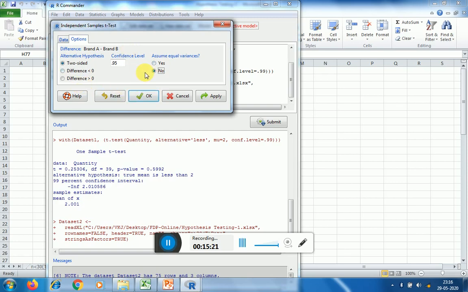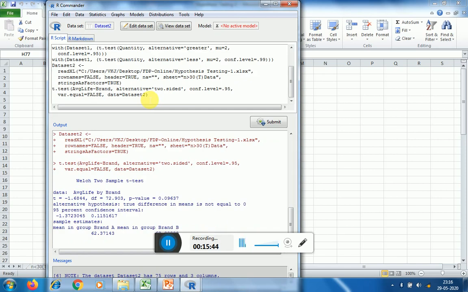It is expected that whenever you are using a large sample, you know whether they are normally distributed or not. When they are normally distributed, you should test whether the variances are the same or different. By default you can use no, and then click OK.